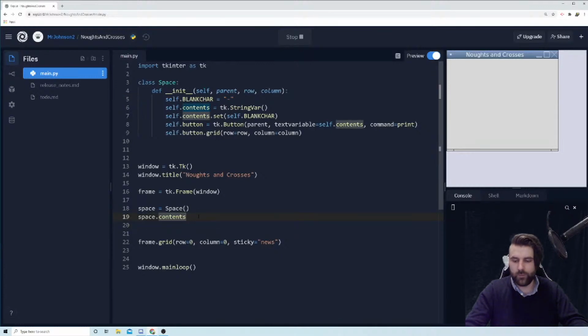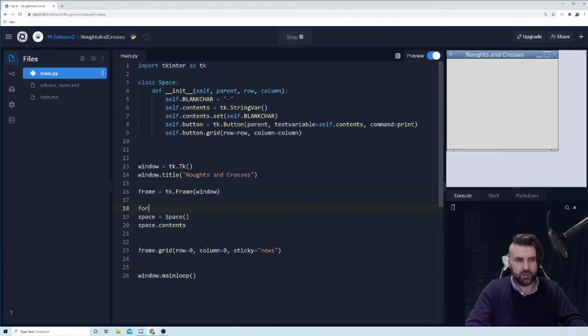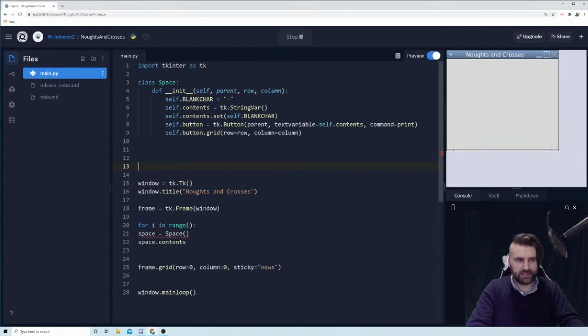Okay, now we need to make 9 of these, and we're going to do this using a loop. So we are going to say for i in range 3. Also, I think maybe we should set a constant. It's a little bit over the top, but I'm just going to come up here and I'm going to say board size equals 3. Okay, and then whenever I want to talk about the number 3, I'm just going to say board size. Okay, and instead of i, because i is going to be going down,